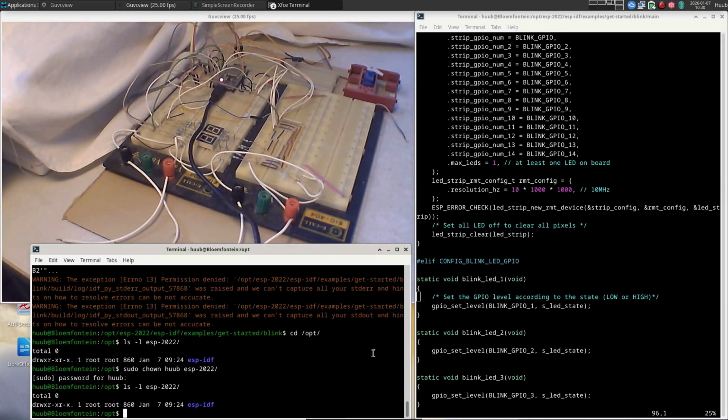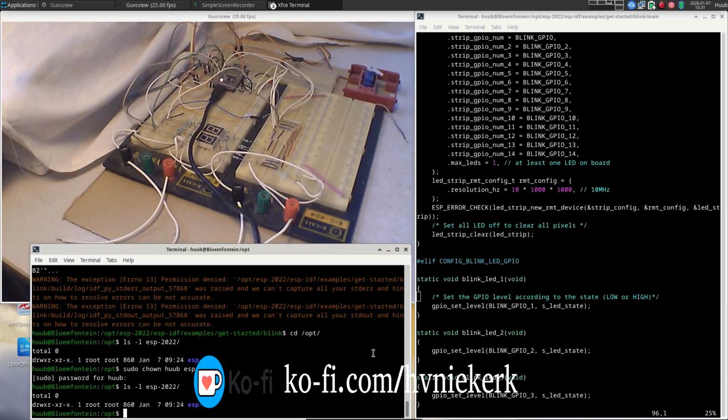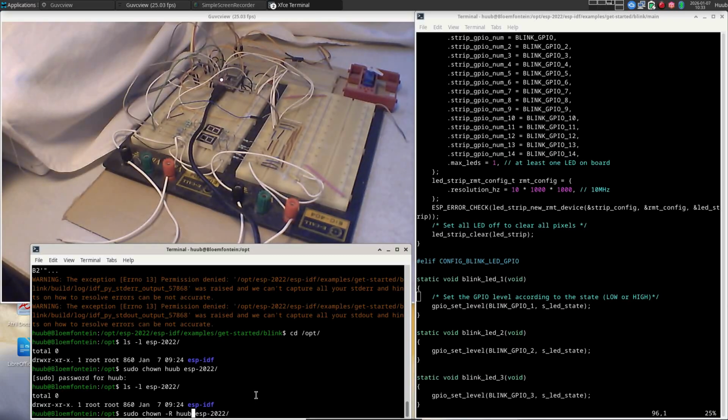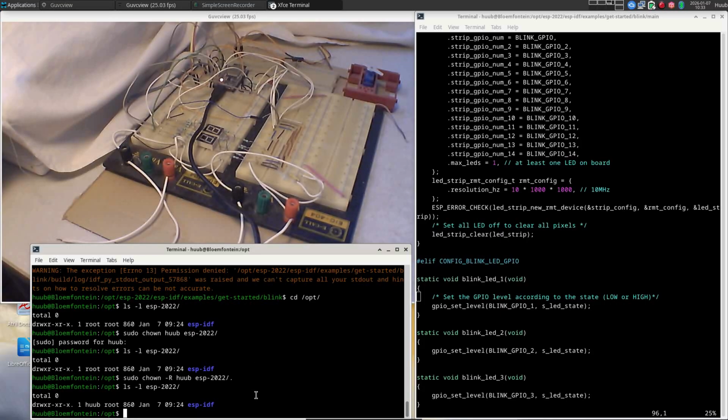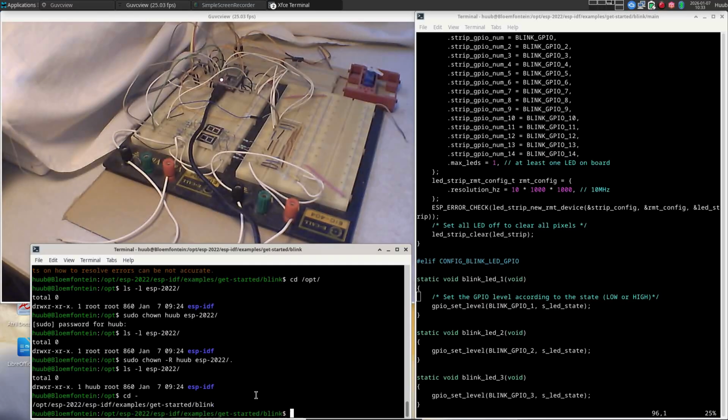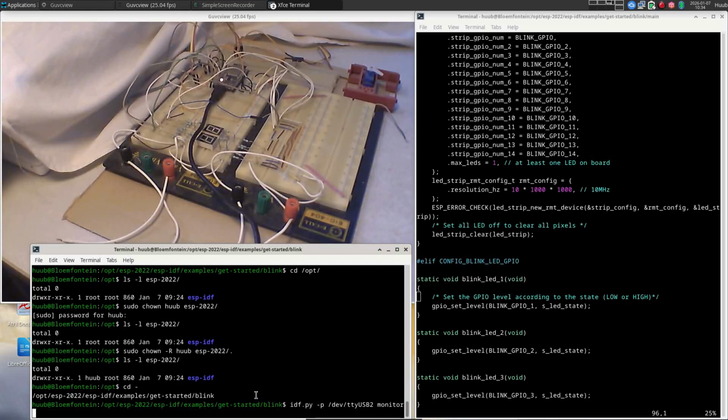It doesn't. There's no change. Okay, I have to find out how to change ownership because that is very important. And then obviously recursive mode is -R. So let's do it again. And now something should have happened. Yes, although it's still root, but I'll let it be for now. So now this should be working,